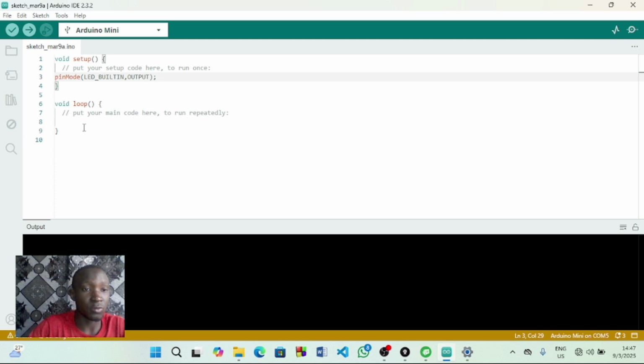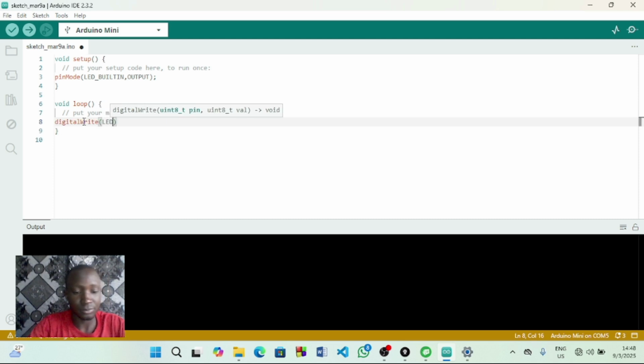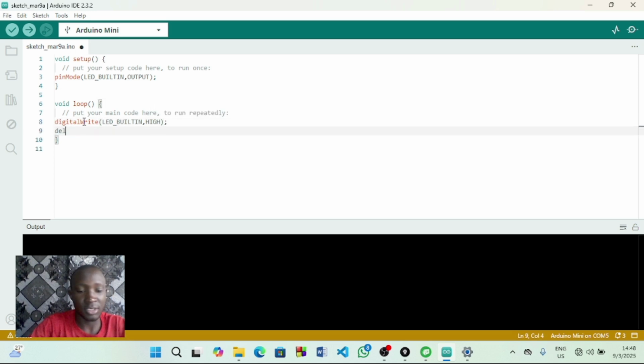And out of that we go to void loop. In this void loop, this is where we write the code so that we turn on the LED and delay for some time, turn off the LED, delay for some time, and then turn on the LED, and the process will continue repeatedly. So now let's write the code as digitalWrite, LED_BUILTIN. We want to turn it on so it's HIGH, and let's terminate this, and we put some delay. Let's delay for 2 seconds so it's 2000,